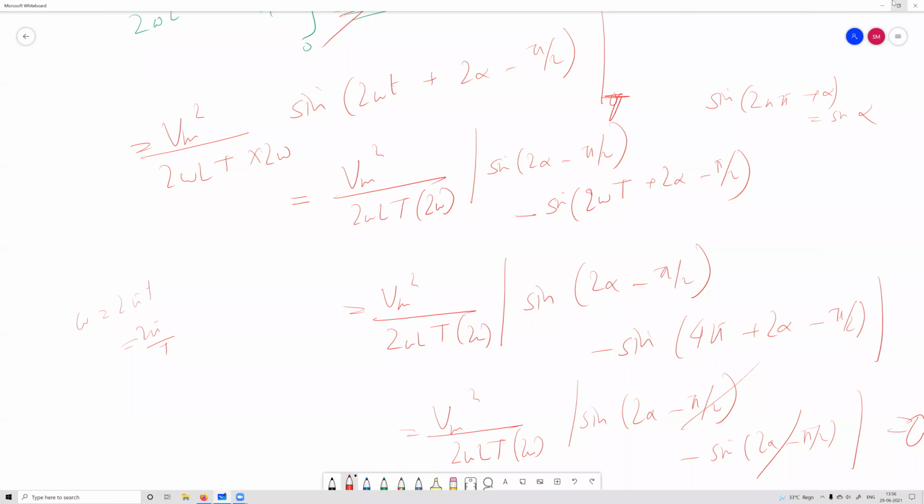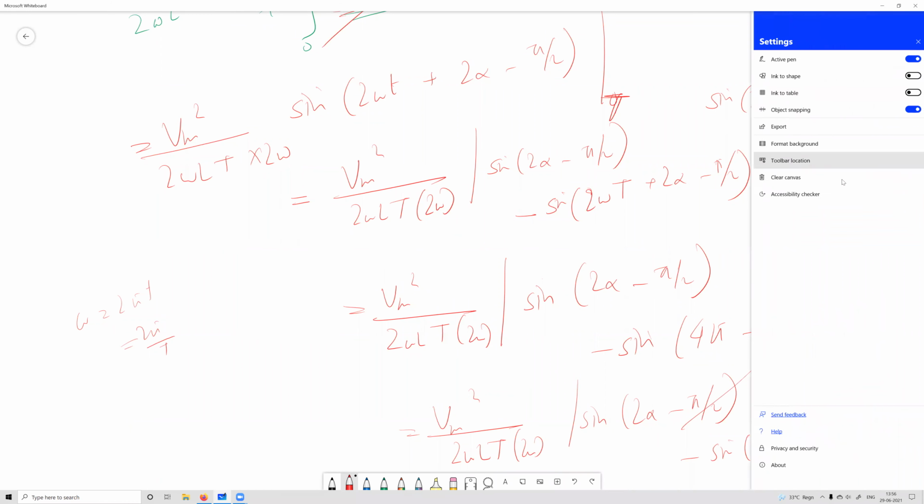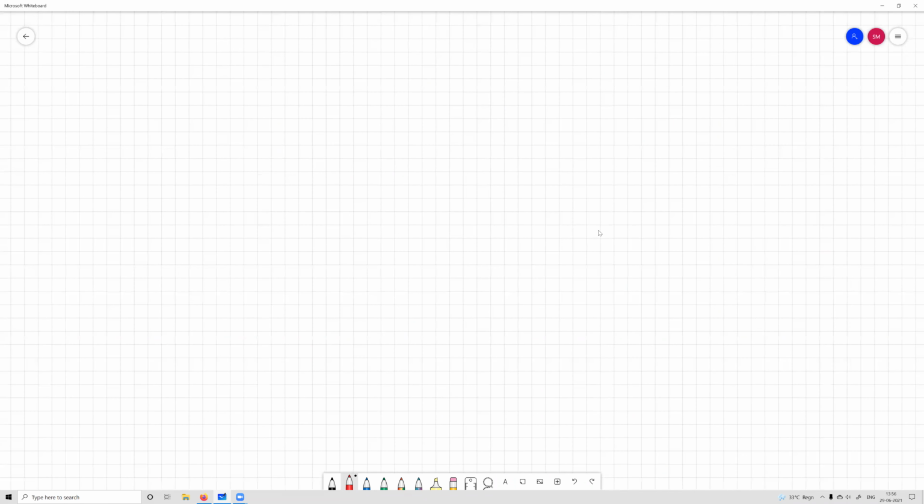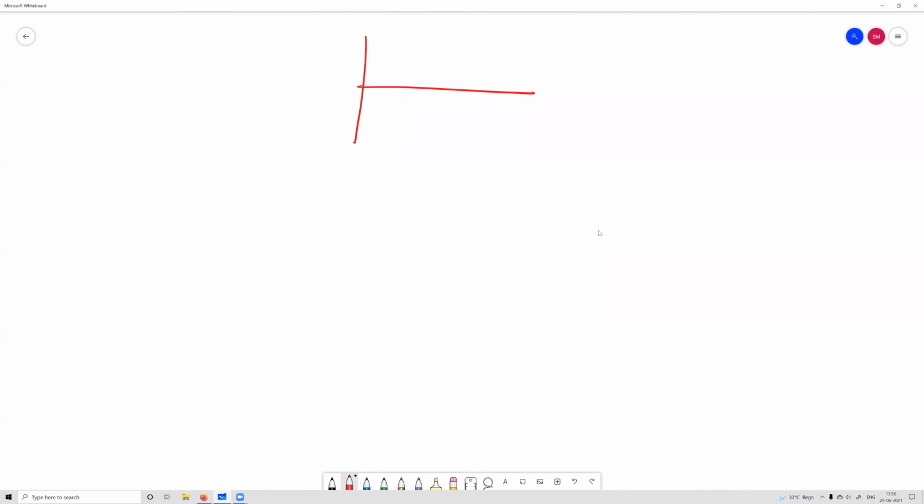Is it okay? So the current is flowing in both directions. That's why the power is 0. For the first half cycle, it is flowing in one direction. You have asked a good question. Can I delete this? It is given in every book, pick up any book. But he has asked a very interesting question, so that deserves an answer.